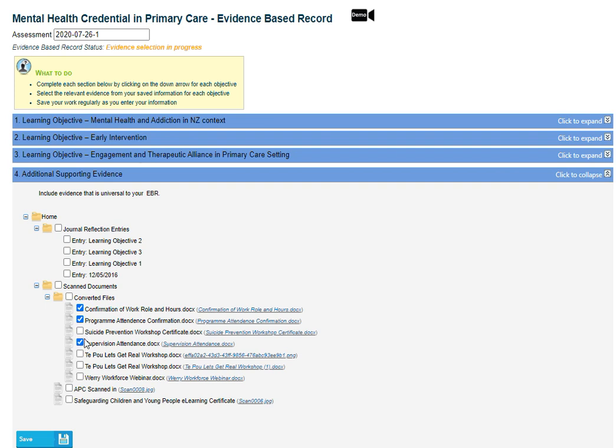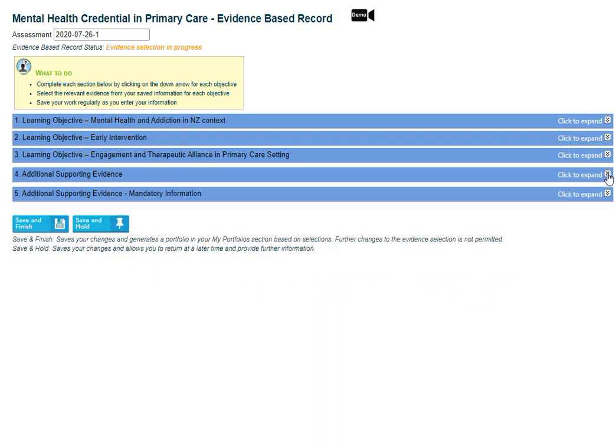You can also add in other mental health and addiction training, webinars, things that you've been to as evidence, a bit of context for your assessor. So if you have other recent mental health and addiction experience, you can add those in as well. So all of those things will just sit there as additional supporting evidence and go into a PDF file that the assessor then gets. So you save that